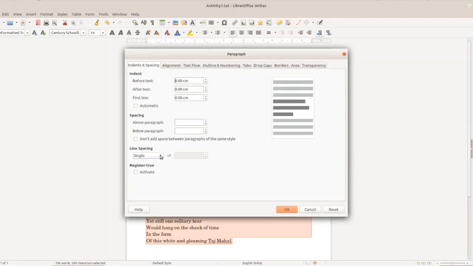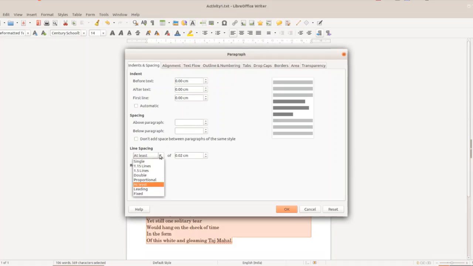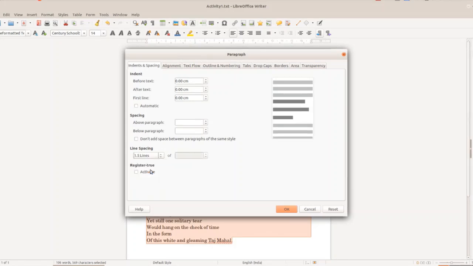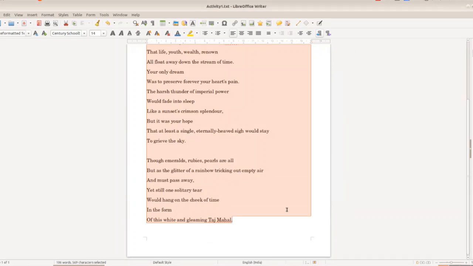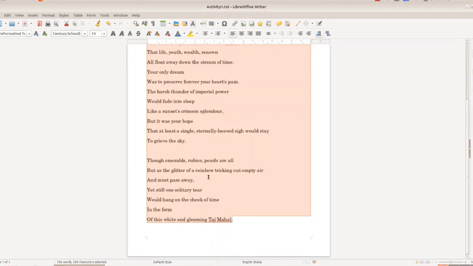And here below that we have the spacing as what? Single. And when you bring the mouse pointer towards that small triangle, and when you click there, we will get the other options, and from here we will select the option as 1.5 lines, and then you have to select OK. So here, did you get the spacing after each line? Only if you select this, you will get the spacing. If you don't select, you will not get it.